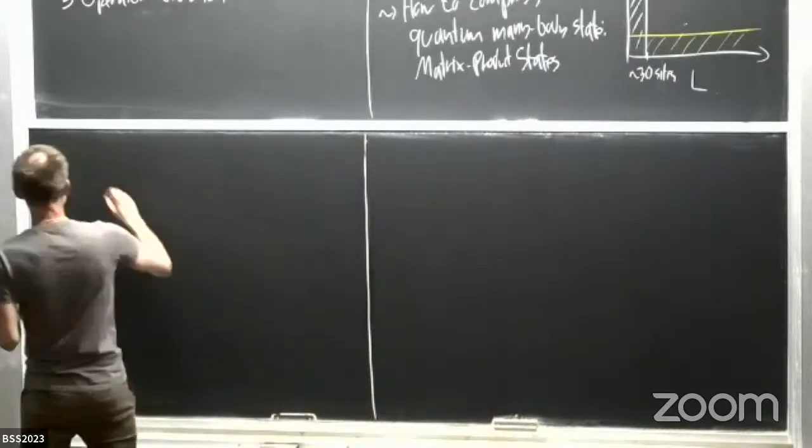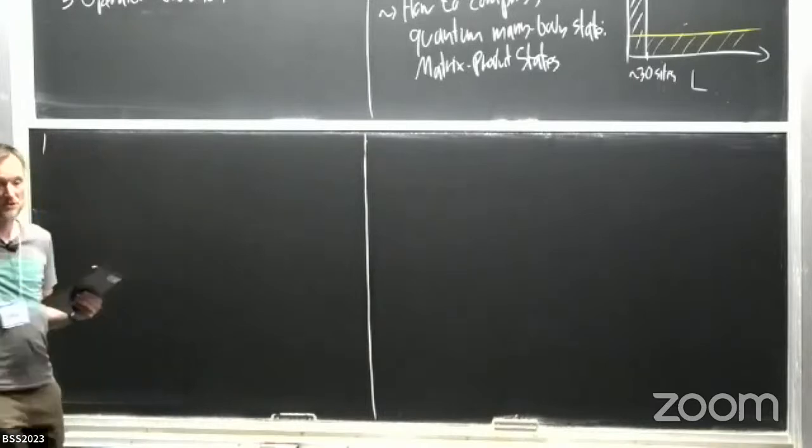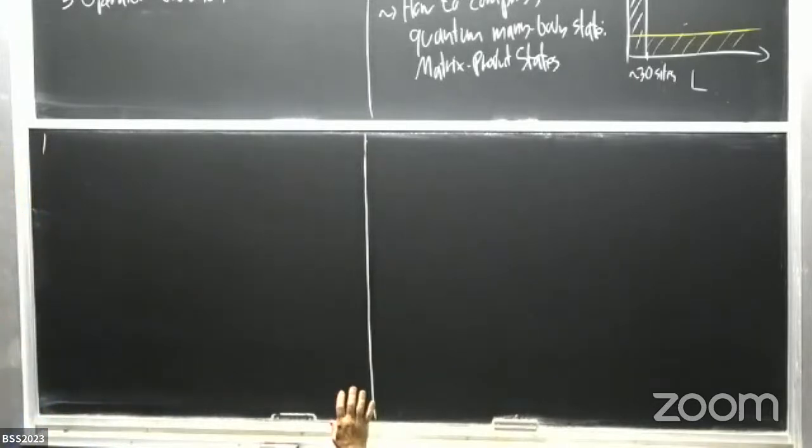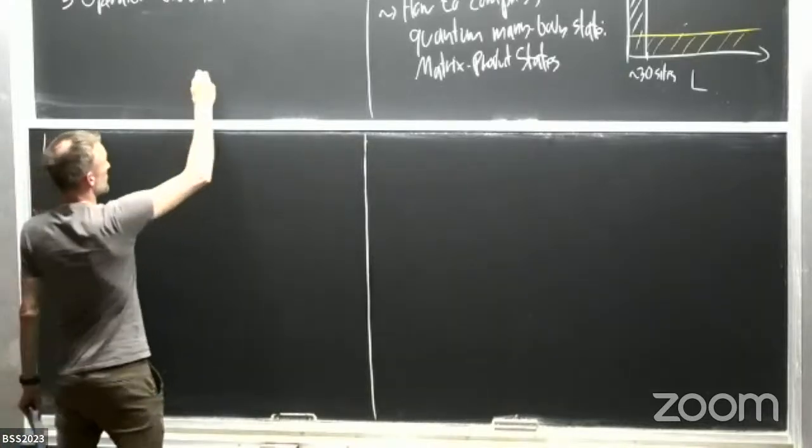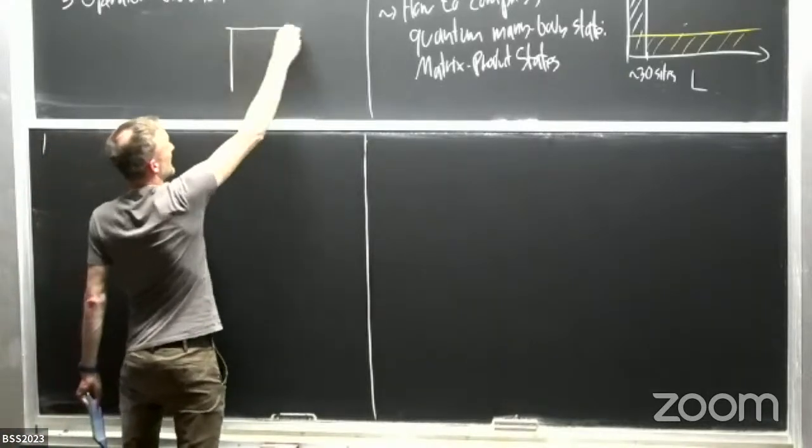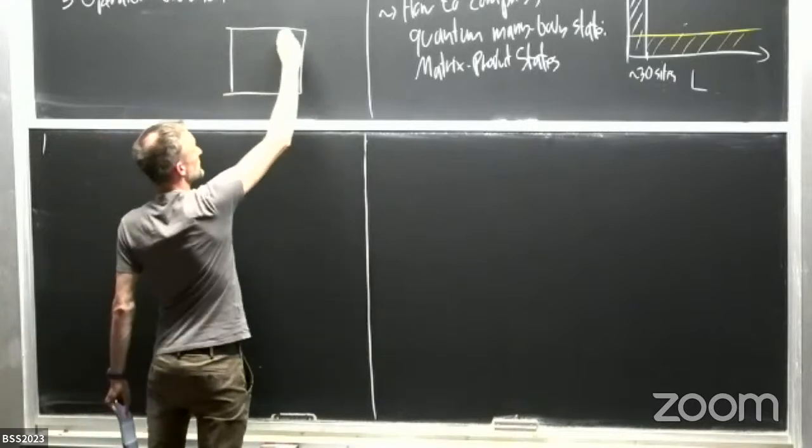So presumably you can evolve further, you just don't trust the wave function because it becomes more entangled than the matrix product state. Is that the statement? Well, the statement is the following. I'm going to touch upon this later on, but let me briefly make this point.